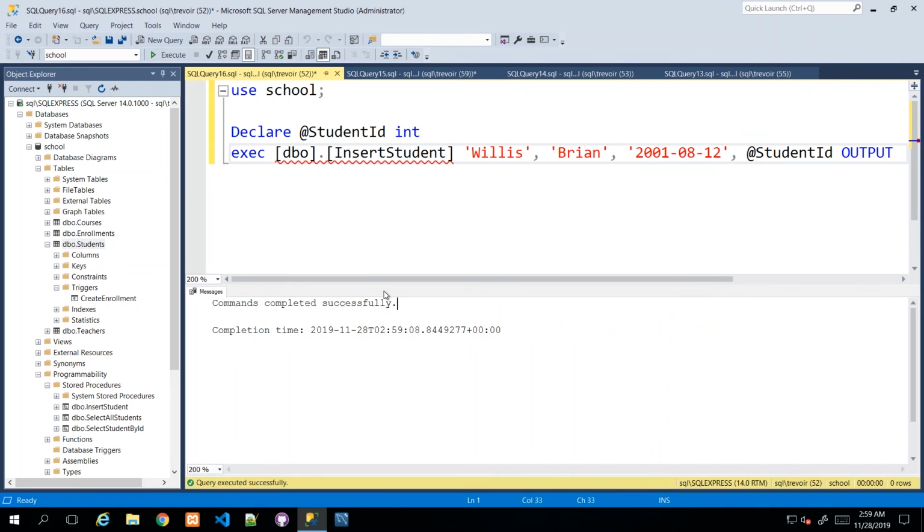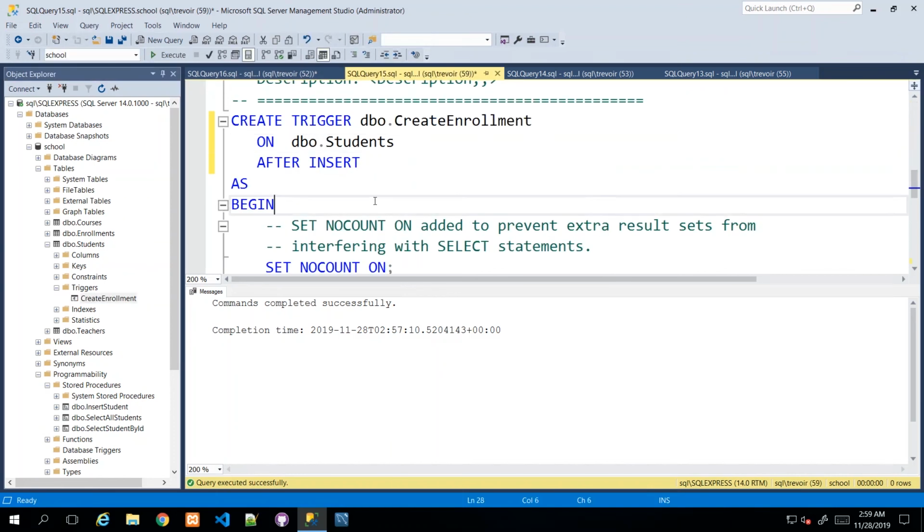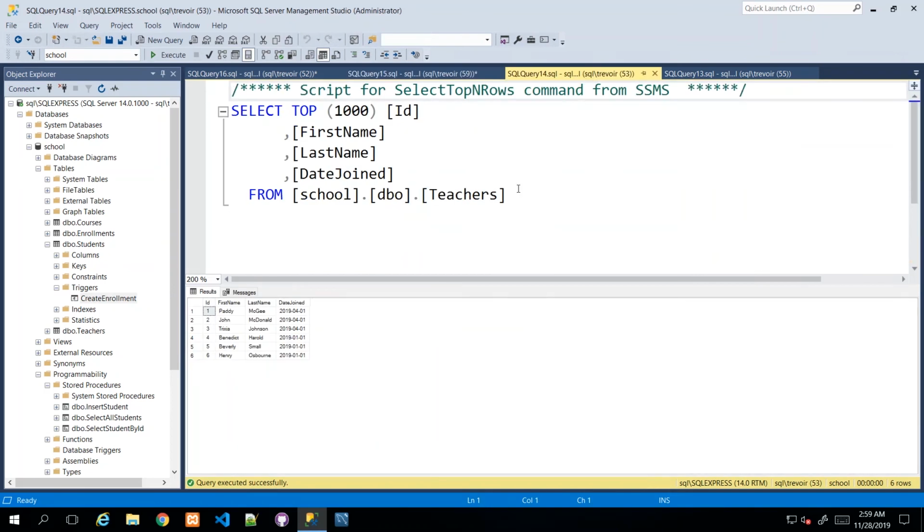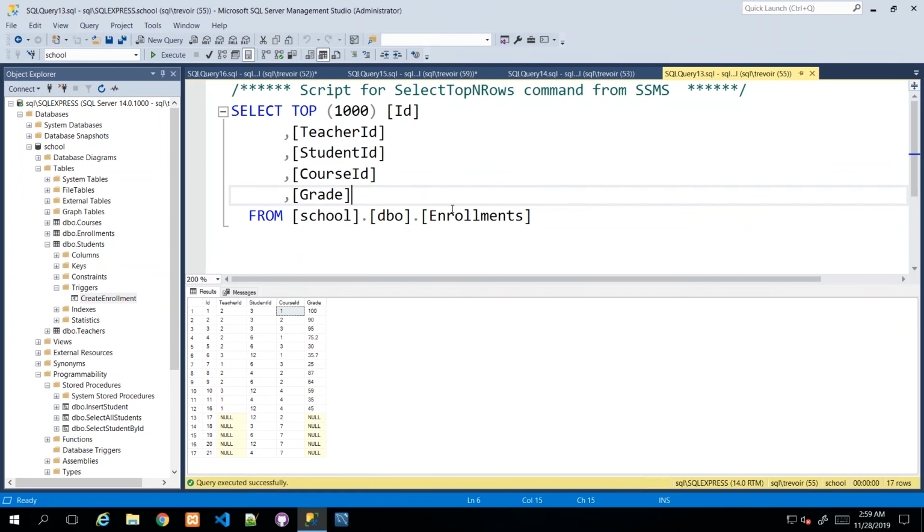Now the assumption is that once something is inserted into our students table, then automatically, based on our trigger that we just defined, something should get inserted into our enrollments table. So I'm going to go over to my enrollments table, and I'm going to do another execute. And there we see that we had 17 rows before, now we have 18. We have a new enrollment with a new student with student ID 19, and this course ID 1 and the